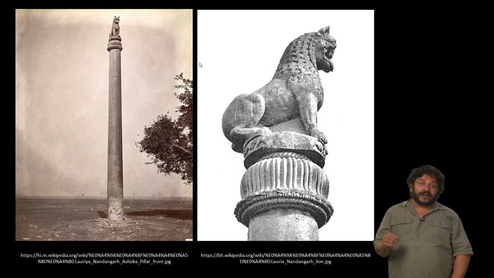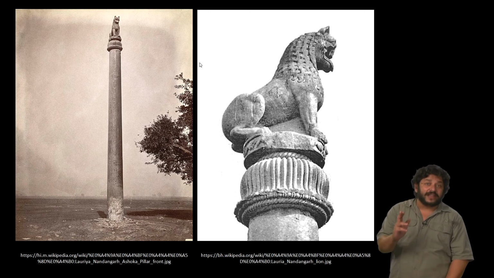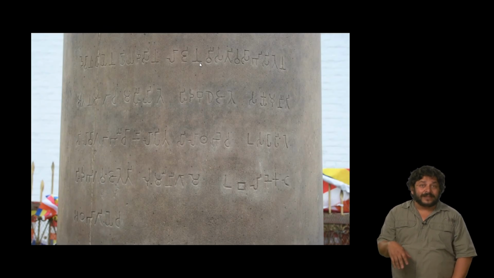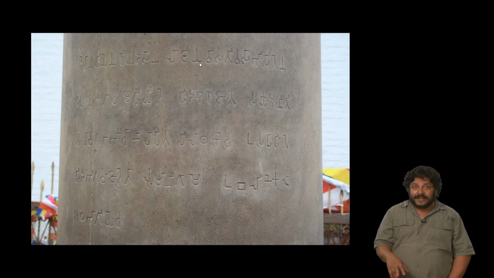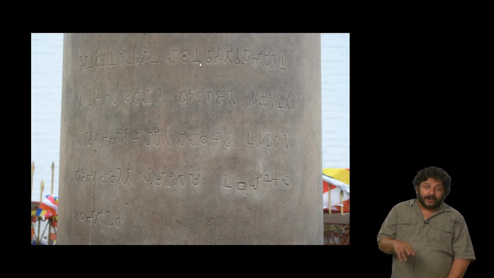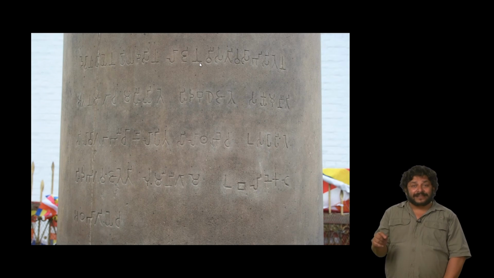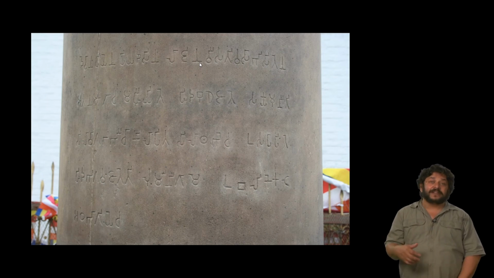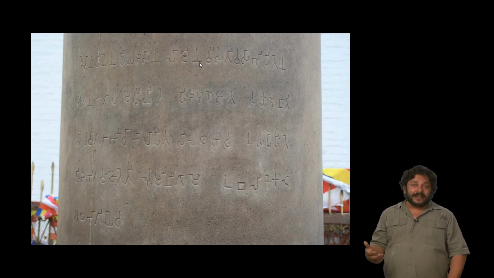It clearly comes from the columns that you see at Persepolis, where what survives of the palace is only columns capped by a capital in the form of an animal. The other thing Ashoka borrows from the Achaemenids is monumental writing. This is an Ashokan pillar at Lumbini, the birthplace of the Buddha, on which you have a standard edict that you find on Ashokan pillars. So already two of the three things that we've seen in Achaemenid imperial architecture have been borrowed by the Mauryas as soon as Ashoka embraces Buddhism.